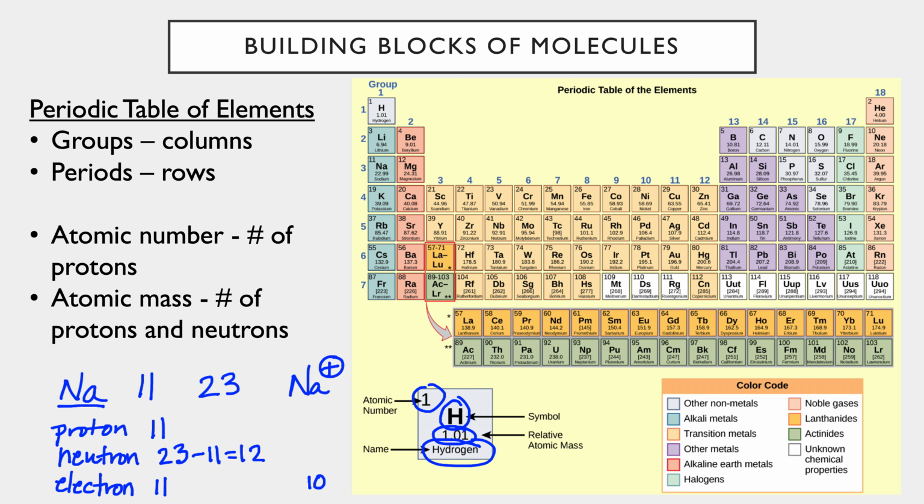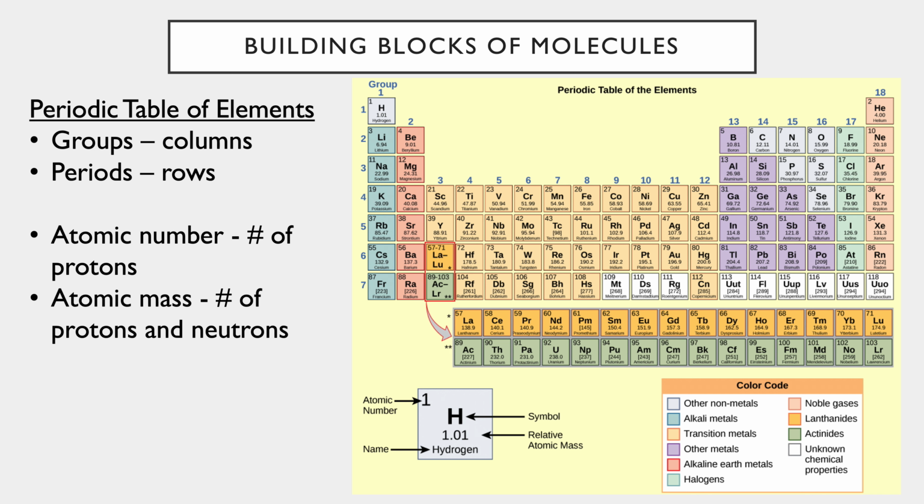Now, many of the elements have forms called isotopes, which have the same number of protons but differing numbers of neutrons. We're not going to concern ourselves with how to calculate that, but you do need to know what an isotope is and what we might use that for. It turns out some isotopes are unstable and decay into more stable elements. These are called radioactive isotopes. An example of a radioactive isotope